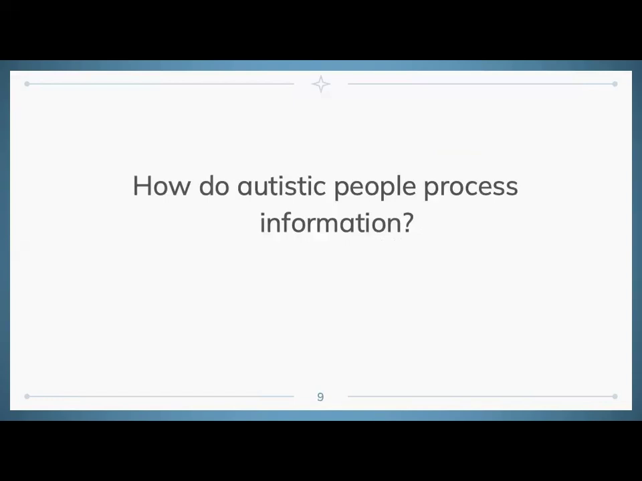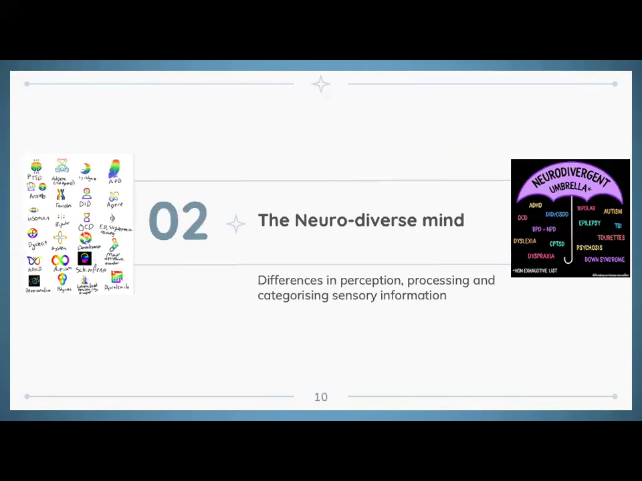So let's just have a little look at understanding how autistic people process information. So we speak about the neurodiversity